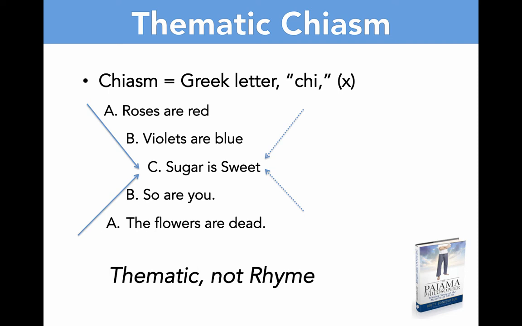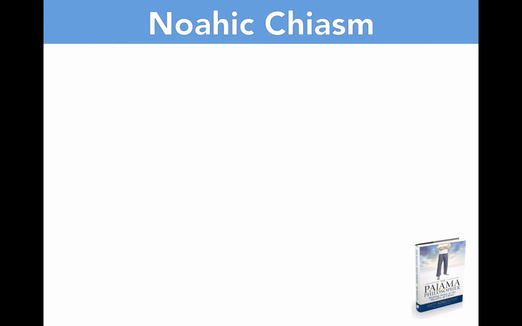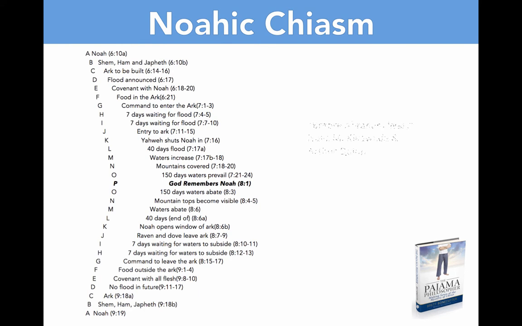When we come to Genesis 6 through 9, which records the flood narrative and the story about Noah, this is the chiasm that we see. Now, you may have to pause the video here so you can pause this, and I want to make it clear that I did not come up with this. This is from the book Before Abraham Was by Isaac Kikawada and Arthur Quinn.